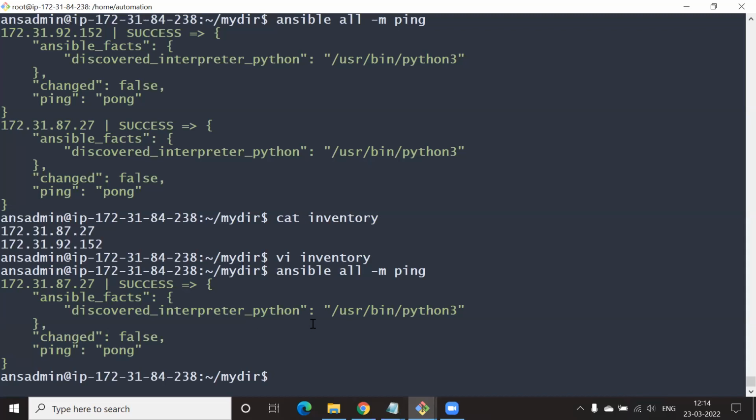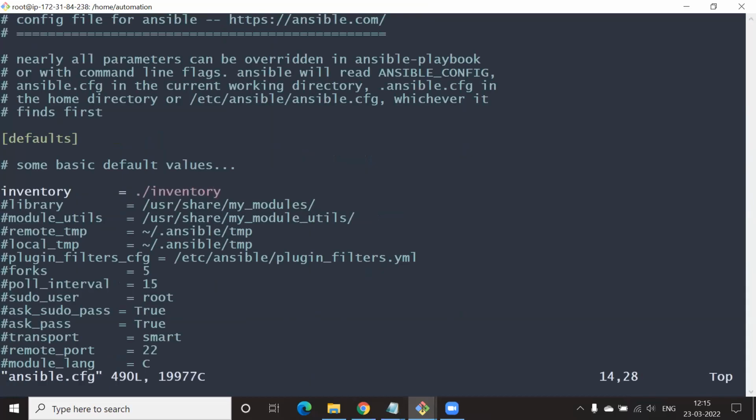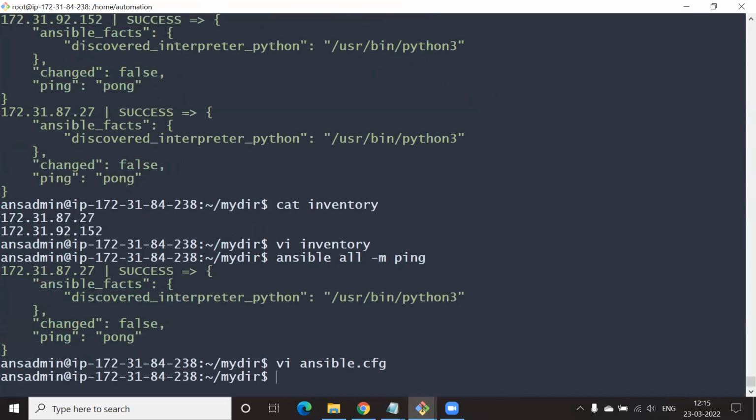Okay, so let's see what else we have. Now go back to the config file and comment out the inventory. Comment the inventory in the beginning, which means we have not given anything. Save it.